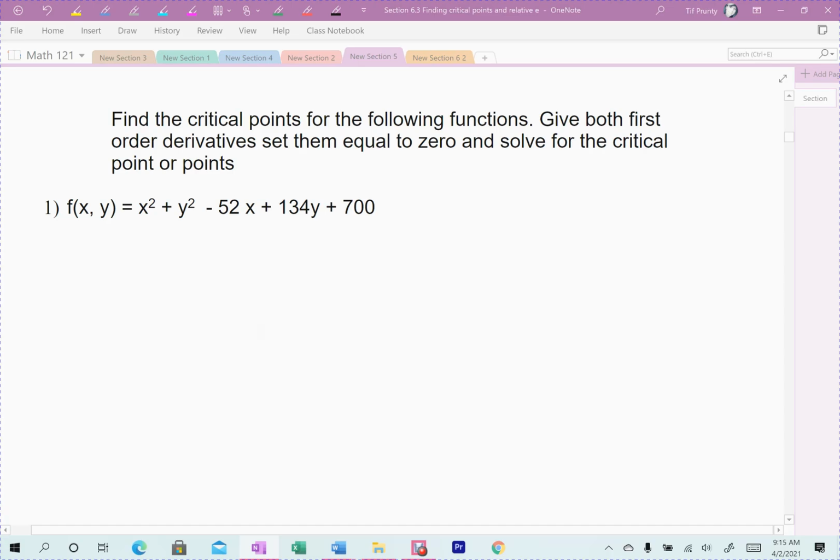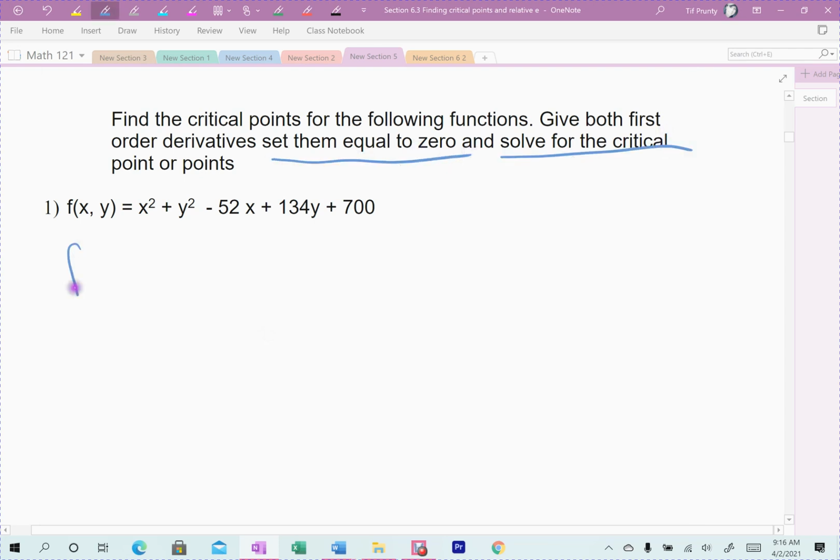Alright, so find the critical points of the following function: give the first order derivatives, set them equal to 0, and solve. We're going to do an example of each kind of method. The first one is actually the special case where it's not really going to be a system. So find your first order derivatives, set them equal to 0, again that's a key step, and then solve